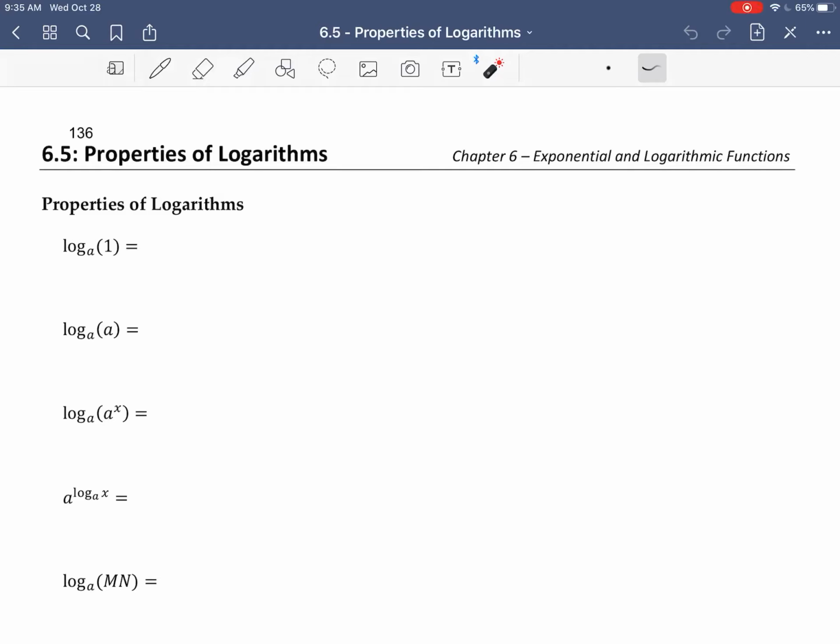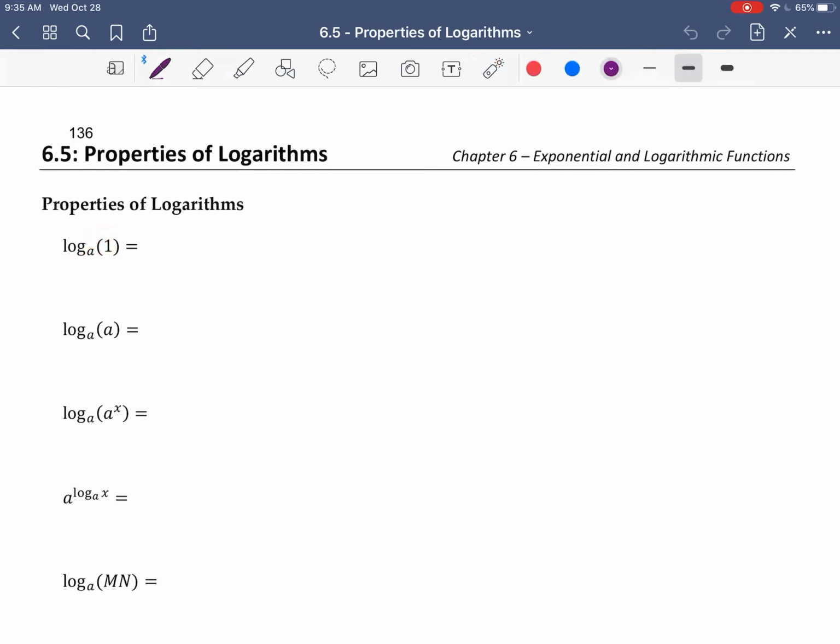In this video, we're going to go over the properties of the logarithms. Okay, so like we have exponent rules, we have logarithm rules. So here is a list of the most useful ones. So the first one, if I want log base a of the number 1,